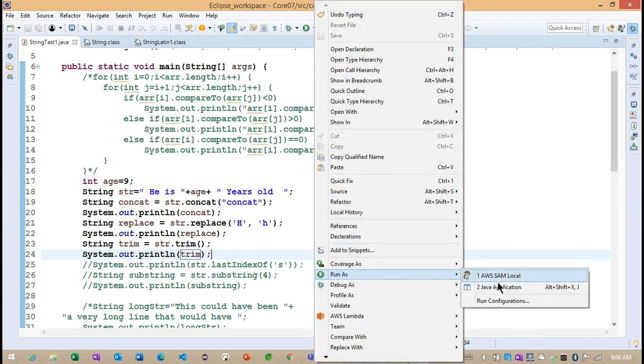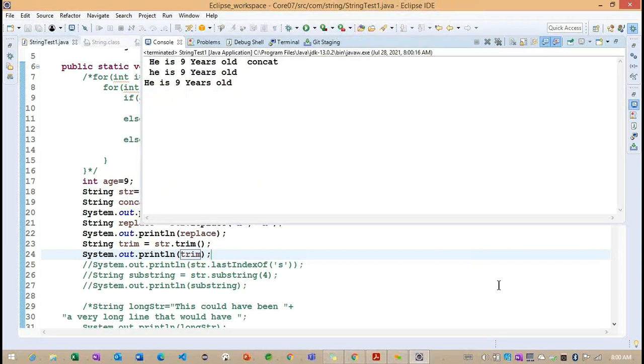Observe here. Now you can see, before calling the trim we have the space, and here also we have the space. So here you can check concat. Here we have the space. But now you can see there is no space here. I'm trying to copy the space, but I'm unable to copy.